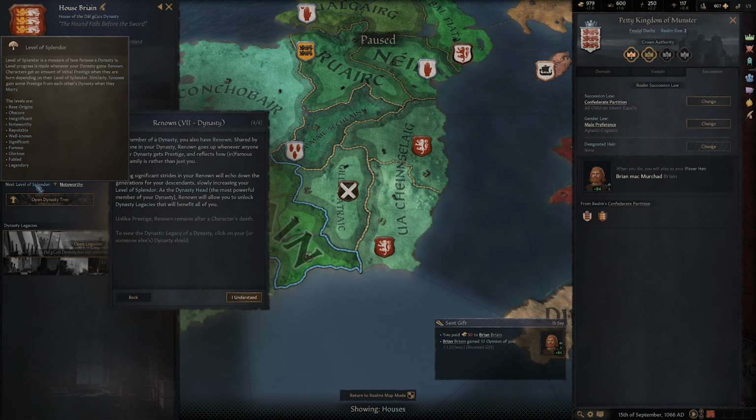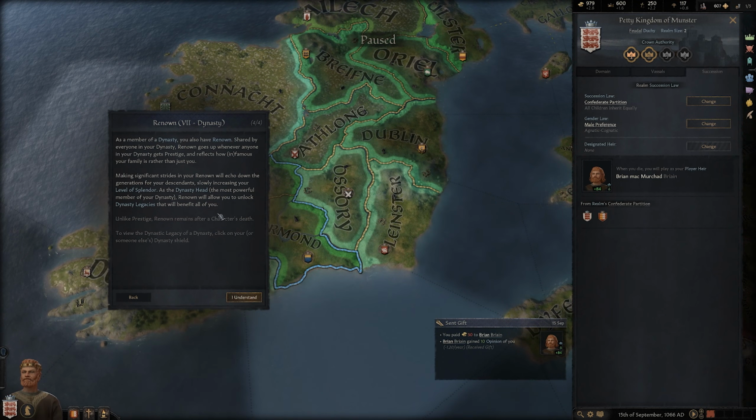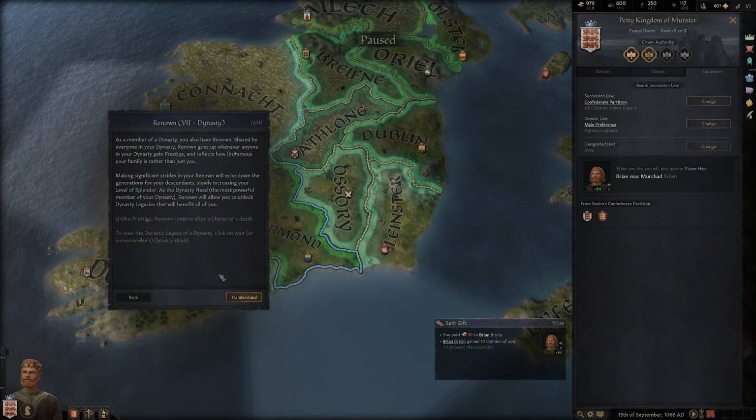The next is noteworthy. So as you can see here, there are several base origins, obscure, insignificant, all the way down to legendary, which means children are born with 1,000 prestige. And marrying into this dynasty gives 900 prestige. Rulers get a maximum of plus 55 long range opinions. So it's going to take a while, but you can definitely have some benefits having such a long,